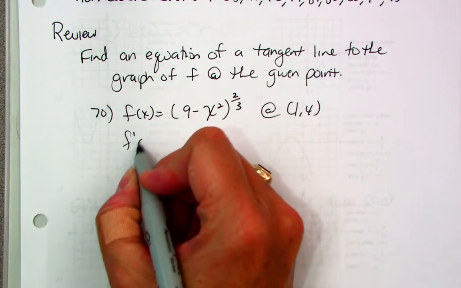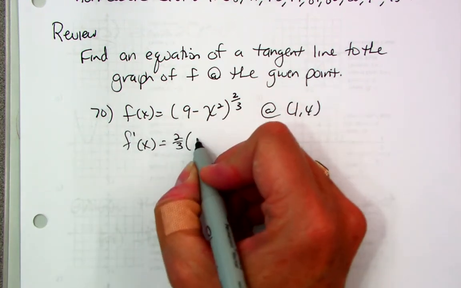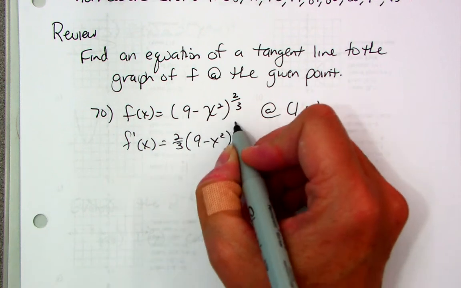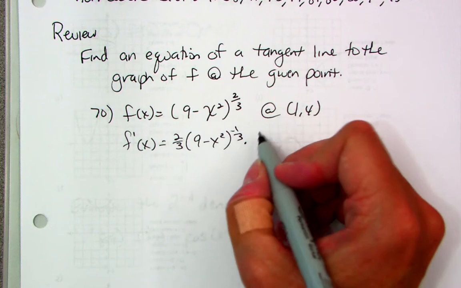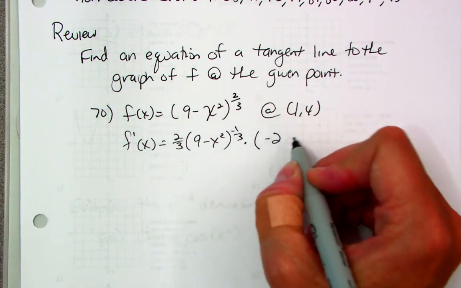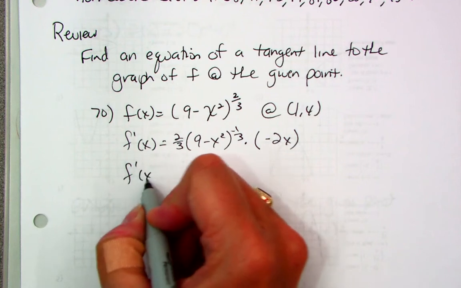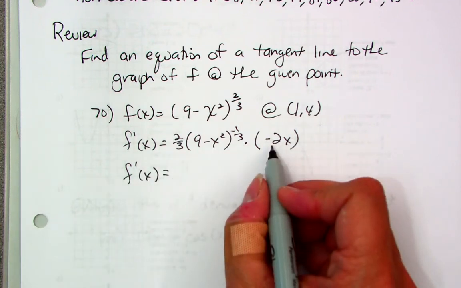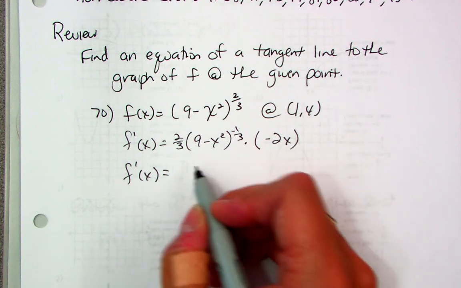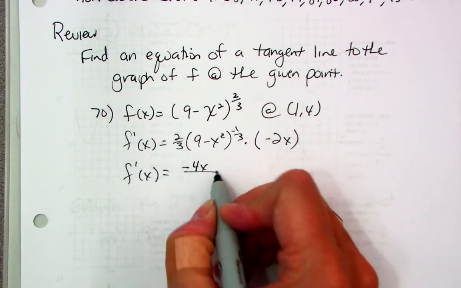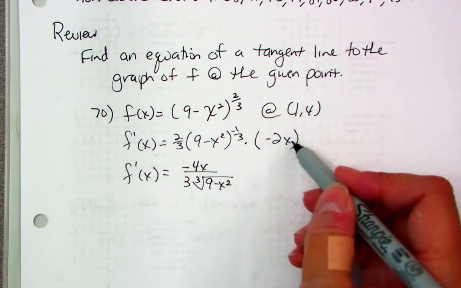So let's take the first derivative. Take the derivative of the outside, copy the inside, decrease that power by 1, times, now I'm going to take the derivative of the inside, negative 2x. I'm going to go ahead and rewrite this just a little bit. So this is in the numerator, this is in the numerator, this is denominator, and that's denominator. So it's negative 4x over 3 times the cube root of 9 minus x squared, right? Negative 2x times 2,